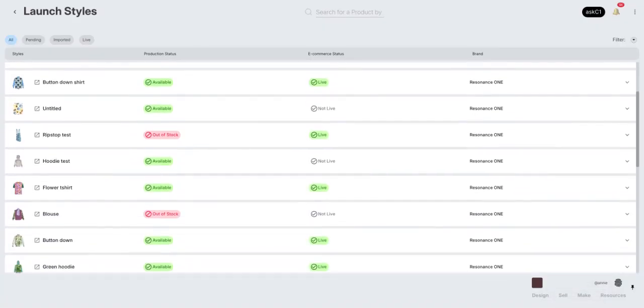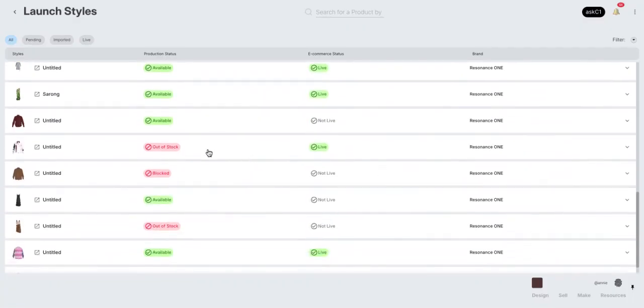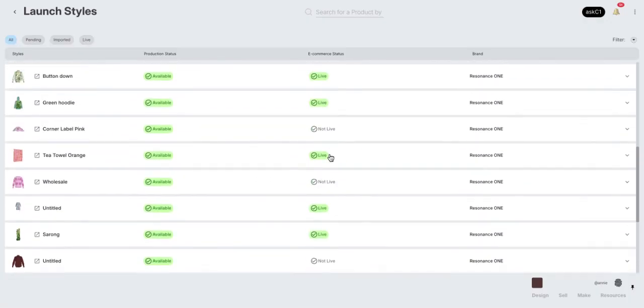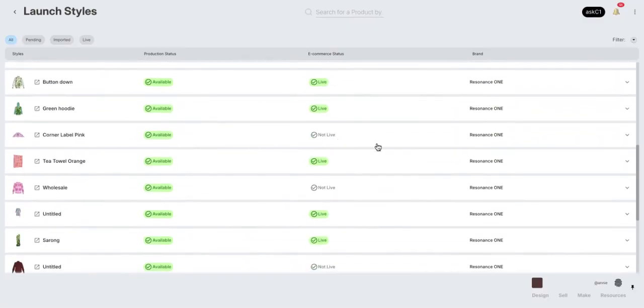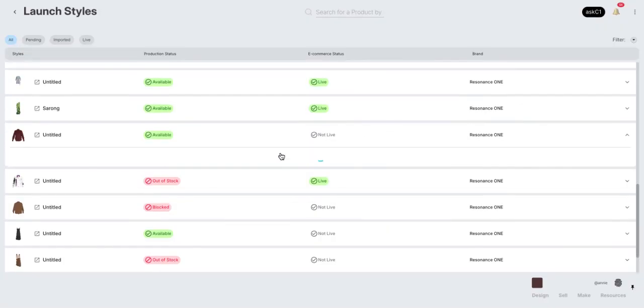Here I will see all of the styles I've ever created in my account. You'll notice that some of the styles have red production statuses, indicating that they're in materials that are no longer in stock, or that they were created using materials that are reserved for wholesale orders, so cannot be pushed directly to Shopify. I can see all of the styles that I already have live on my e-commerce store, and I can also find styles that I have not yet pushed. In this case, I'll click into this untitled style